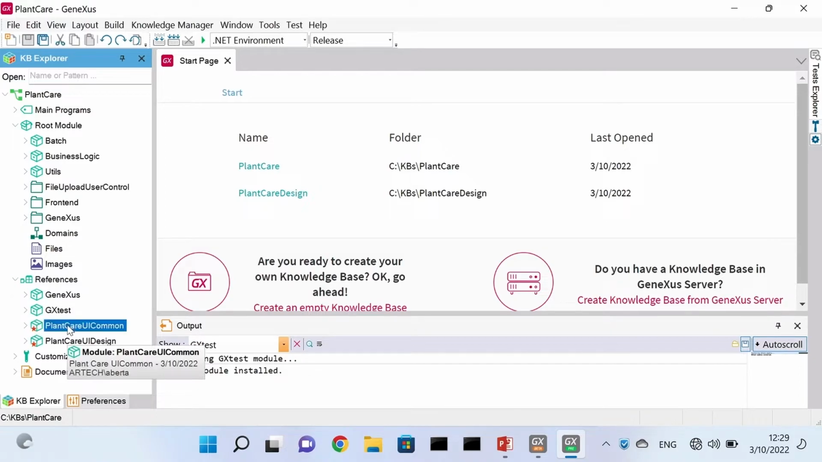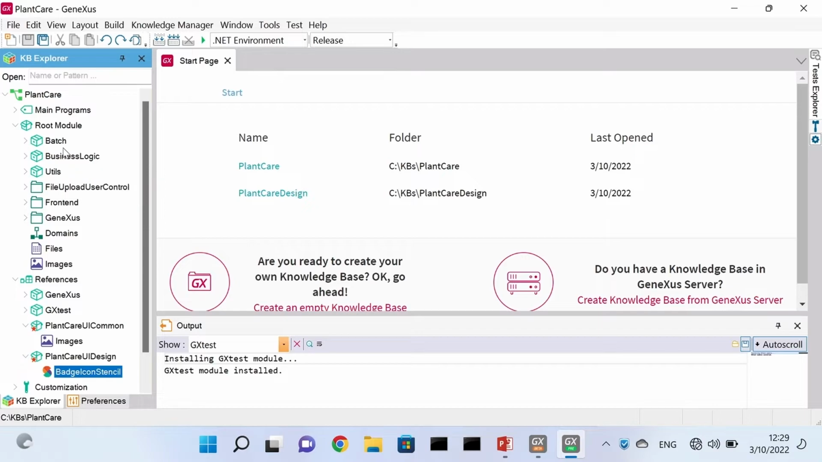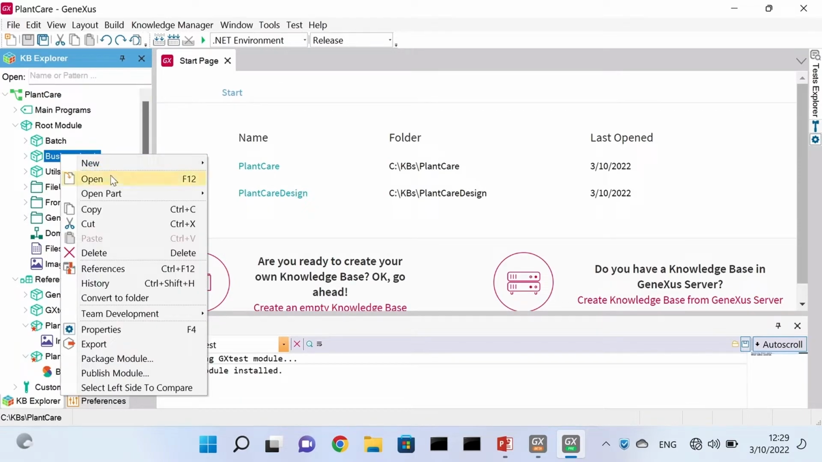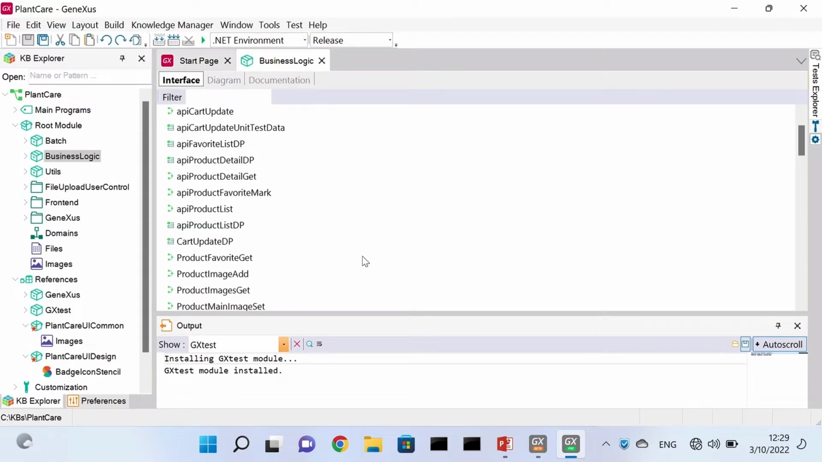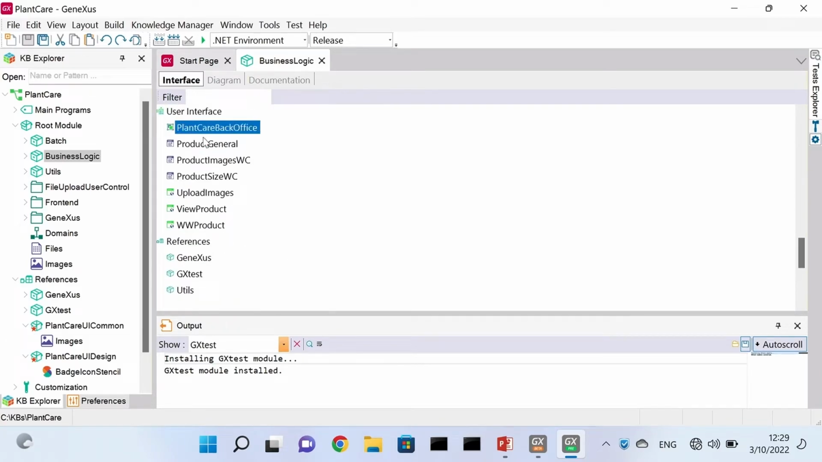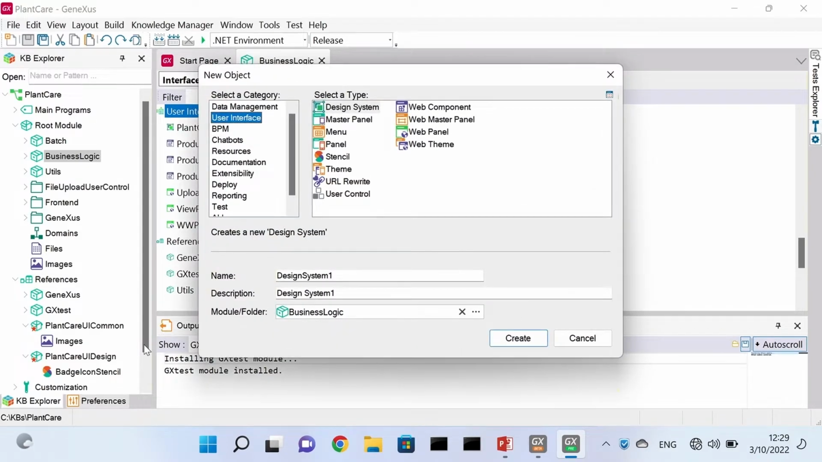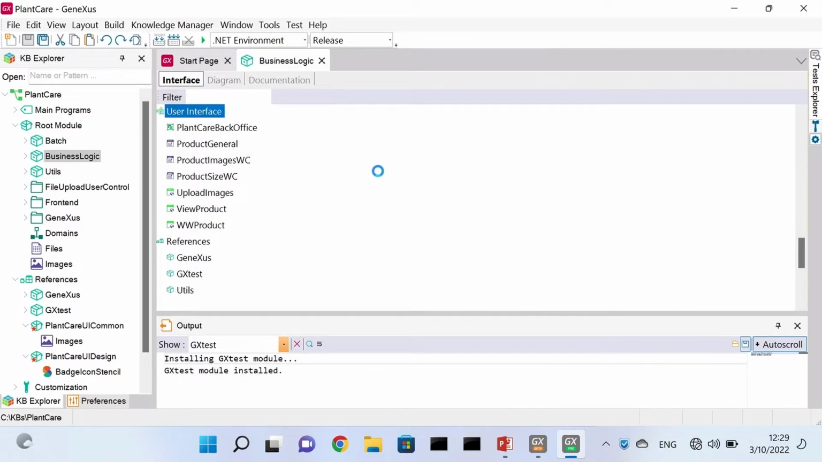Now I can see that both packages were installed, so the objects are no longer in the business logic interface. If you see, they are not there. And in this way, I can start breaking down my KB little by little. Another tool that I have available that shows the interaction between modules